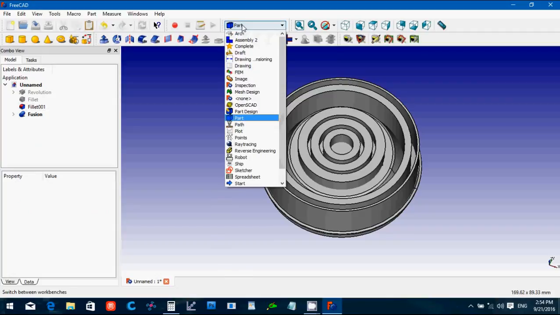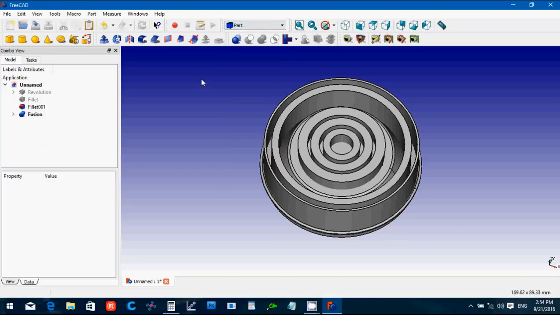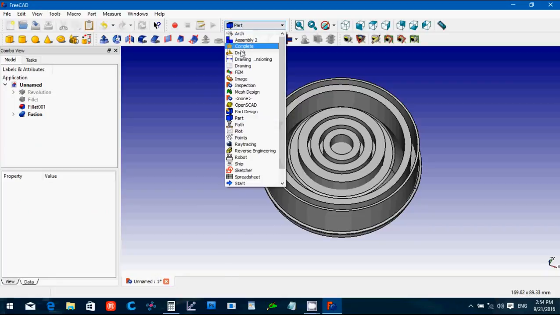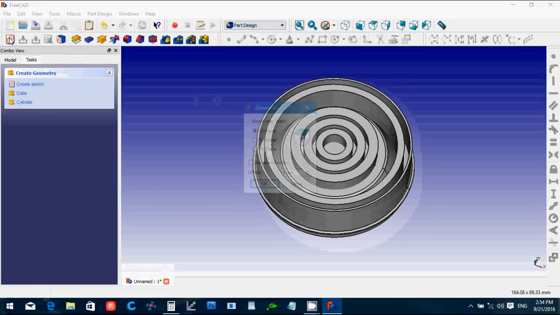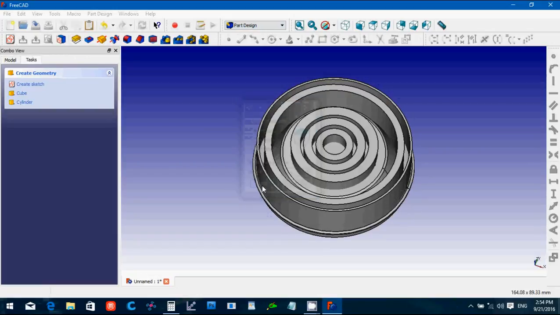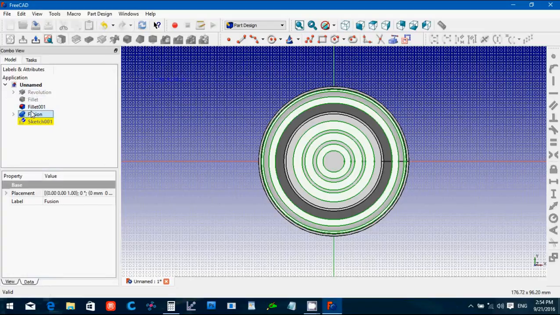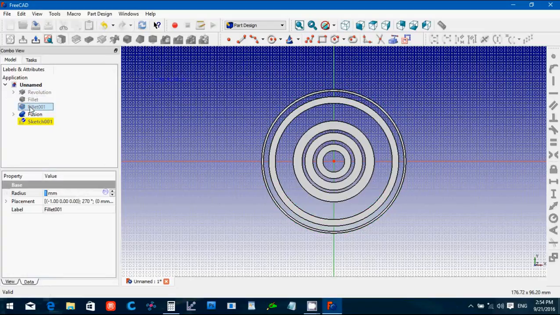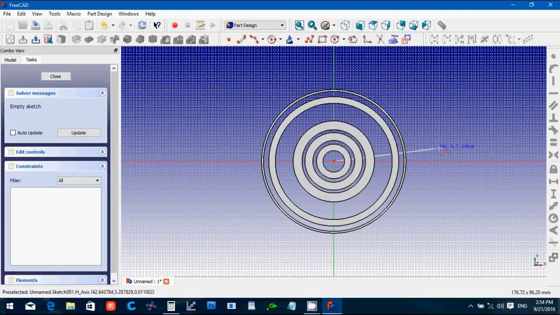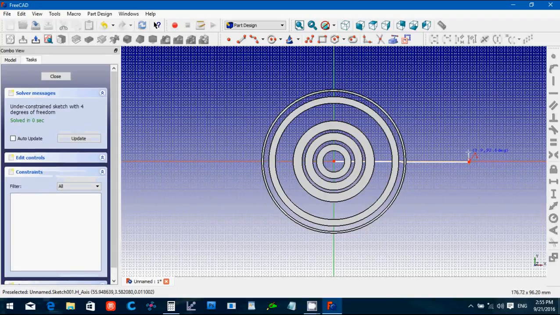Then we can go over to, let's go to, I'm going to use a sketch. Let's go back to part design, and XY plane, and I'm going to create a sketch. Now here's the tricky part. I can leave that there, but I need the flag on so I can see what I'm doing. Click on that, click here, go up a little, go back over here, click the middle, escape,